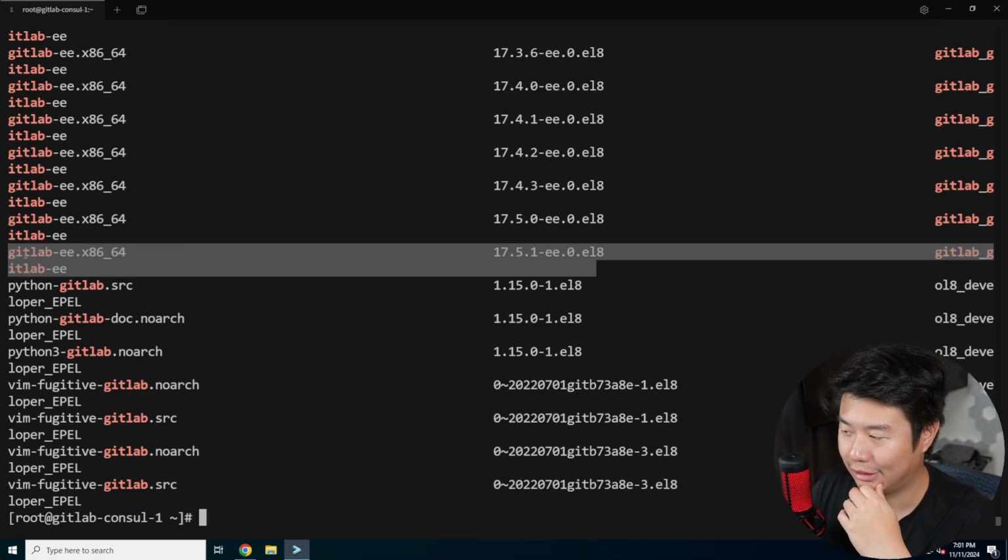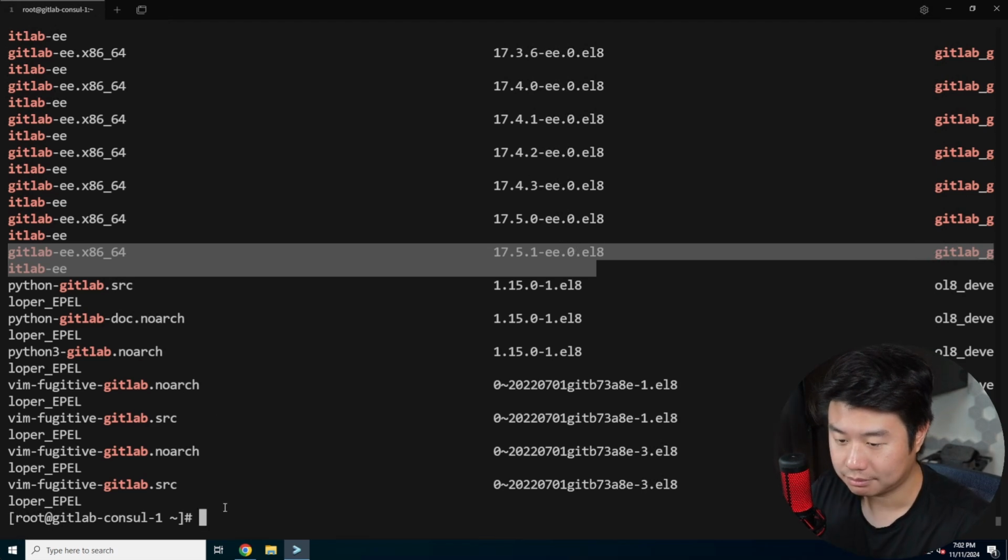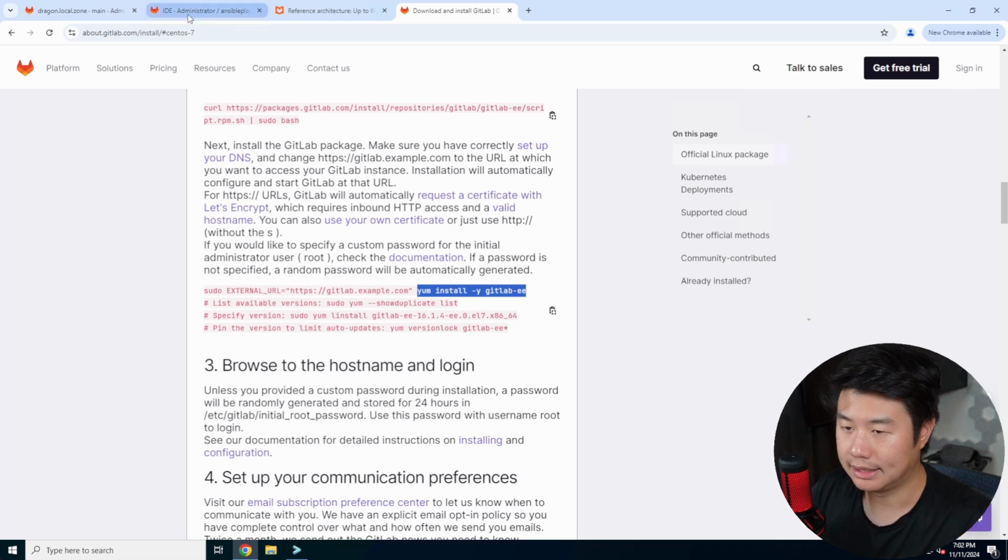And then you're like, oh God, that kind of is rough. So we're going to use the GitLab EE. We'll use the latest, so we use the 17.5.1 EE.0.EL8 is the one that we will use. So what we can do here in the playbook,